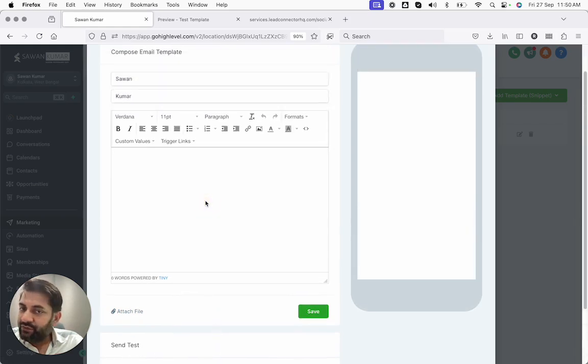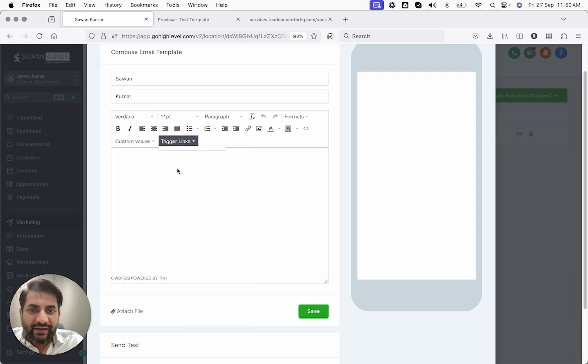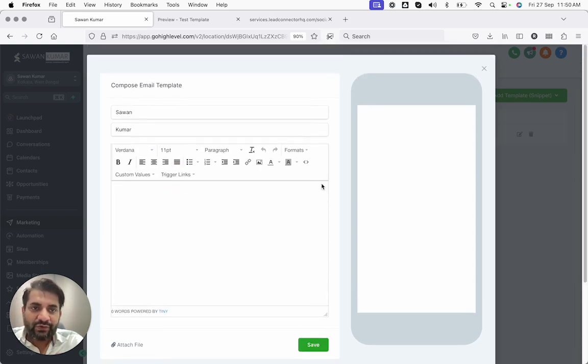how it works. So over here again, you have all the options to add custom values, you have the options to add trigger links, and so on. So you can create different email templates that you can use later in your workflows and automations when we build